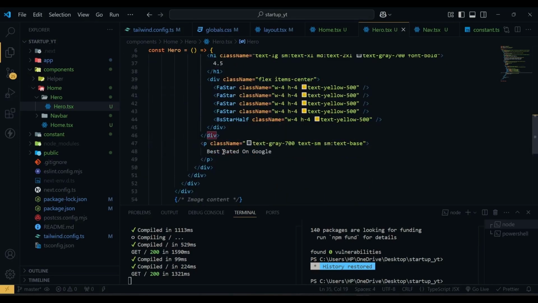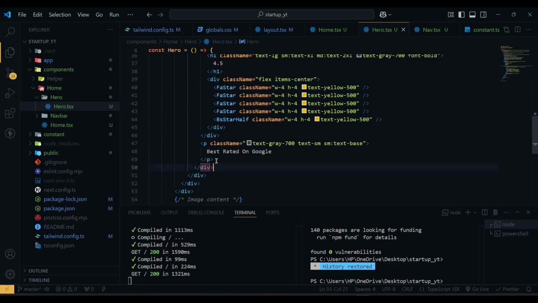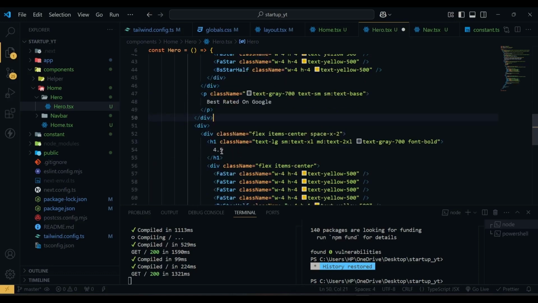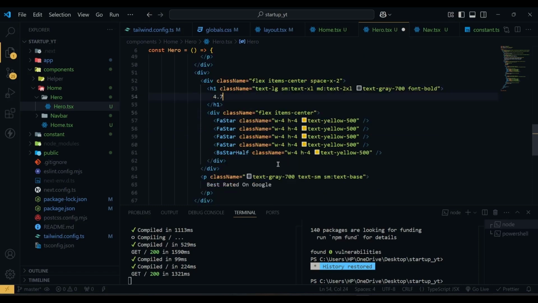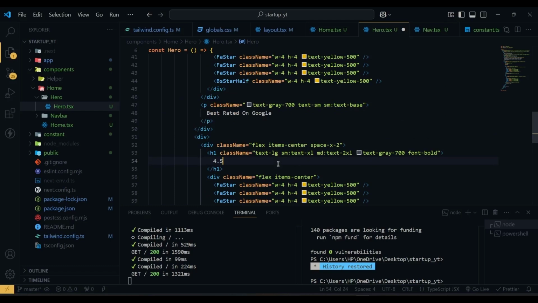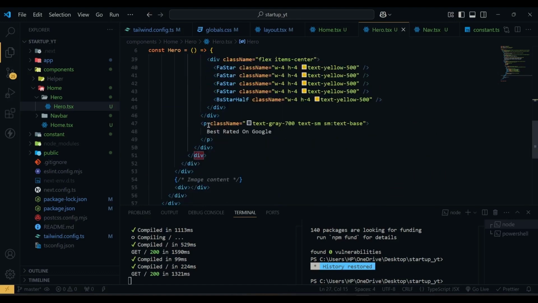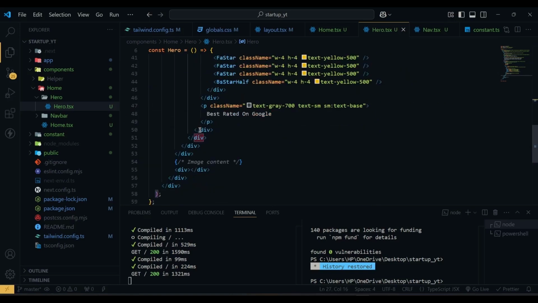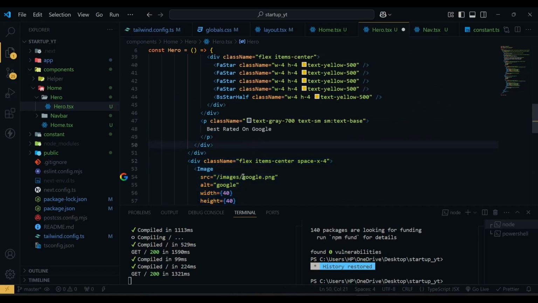So we are going to copy this div and paste it underneath, and here we are going to change the rating to 4.7. Sorry, we have to copy the full thing, including the image. So I'm going to copy everything from here, and I'm going to paste it underneath, and the next image will be